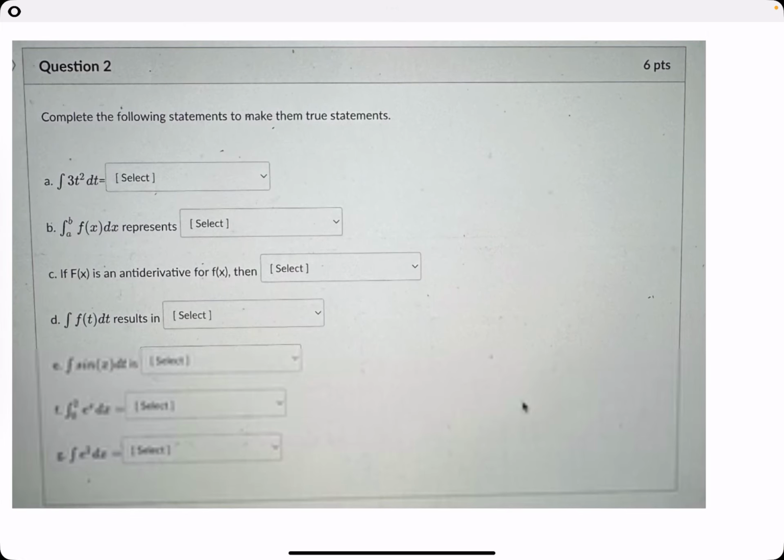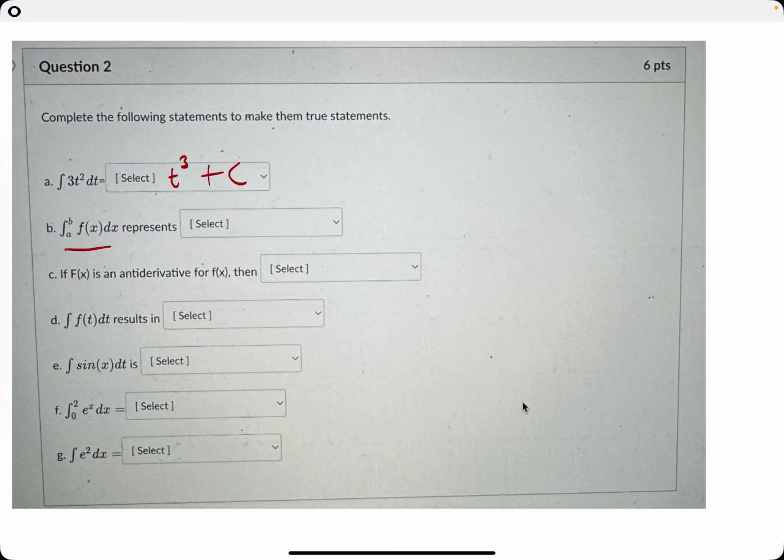Number 2, complete the following statements, make them true. Okay, so I'm going to say the integral of 3t squared is 3t cubed over 3, or you could just say t cubed and then make sure to add c. I'm just taking guesses here on the drop-down boxes, but the integral from a to b of f of